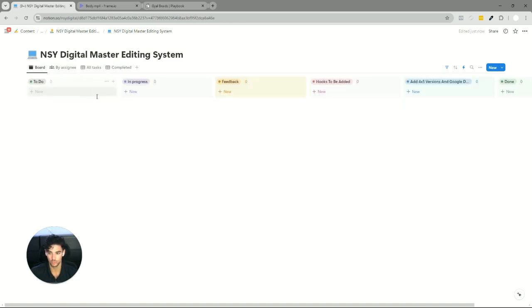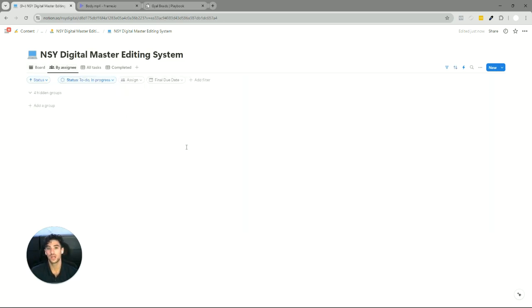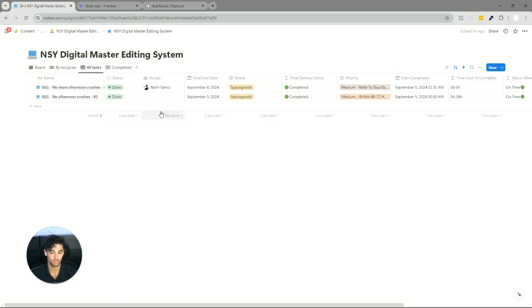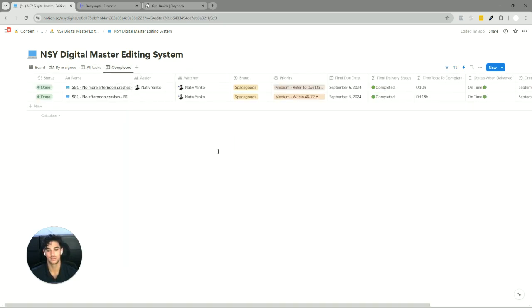So we've got the board view, which is the current edits that we're doing. If you're like the founder or on a high level of the brand where you just manage people, by assignee, you can see each task the editor's on. All tasks, you can just see everything like this, and then completed is every completed edit, okay? And this page is very important if you're a manager or someone that's overseeing the edits, because